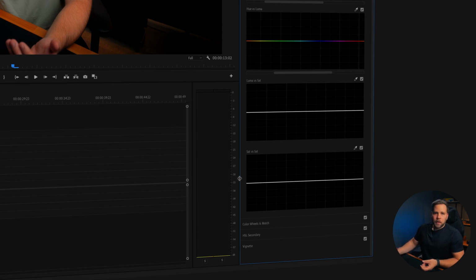And I will do my best to explain what this is. On the left here, we have the most desaturated parts of the image. On the right here, we have the most saturated parts of the image. So what you can do with this curve is, if you have some parts of your image that are super saturated and you have some parts that are desaturated, if you just adjust the saturation, it is going to lift